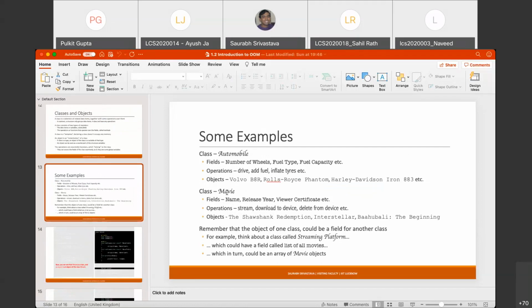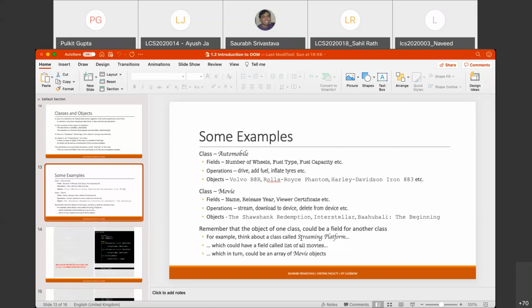The class movie. Now you are going to create a class which is at a higher level, as in, let us say you are going to create a class called a streaming platform. So what will be the object of the class streaming platform? It will be Prime Video or Netflix or Hotstar, for example, right? And what will be the fields of this class?